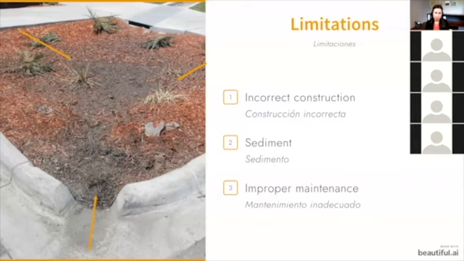You can have this sediment buildup, as you can see here, and then this hasn't been properly installed or maintained. So in this case, that sediment area needs to be raked out so that it can properly infiltrate, because this has gotten to a point where no water can enter it at all. And then at the bottom here, where you see that bottom arrow at the bottom of this picture, water can't even really get in here anymore, because the landscape material plus all of the pollutants and debris have started to block that entry point where water enters into this rain